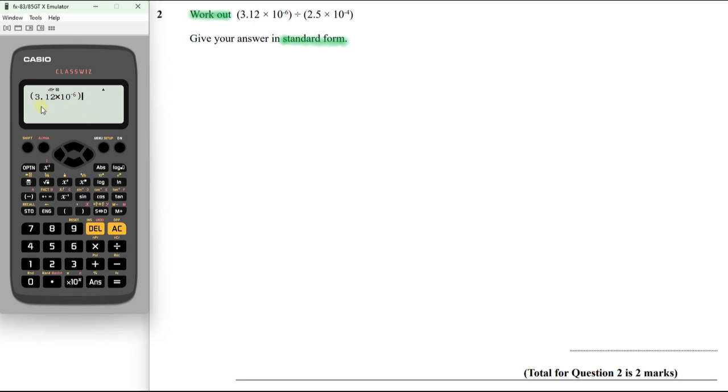and then close our bracket. So this is inside our brackets, and then we're going to divide by open brackets 2.5 times 10 to the power of -4. Come down and close our brackets, press equals, and you can see it automatically gives you your answer as a fraction. If we press the SD button, we get a decimal, which is what we want. So let's write that down,